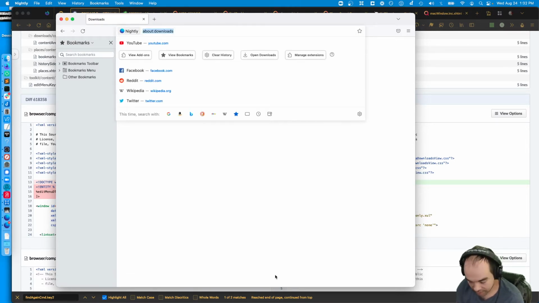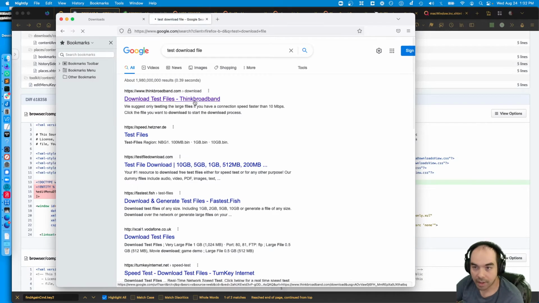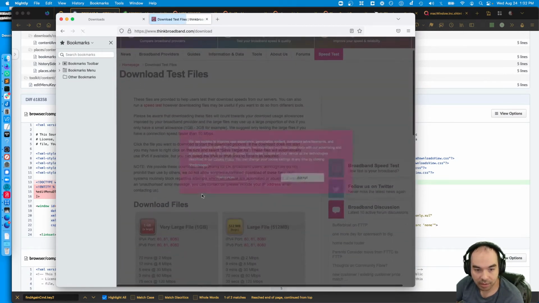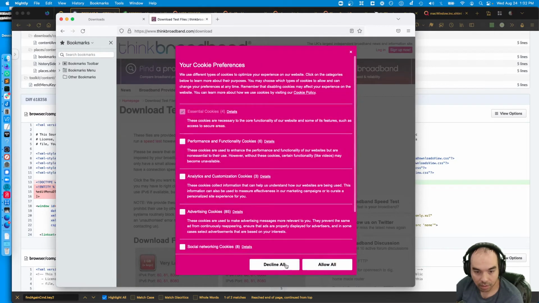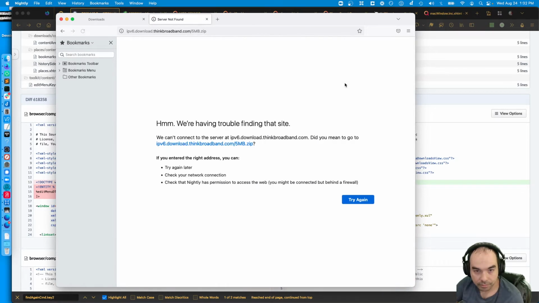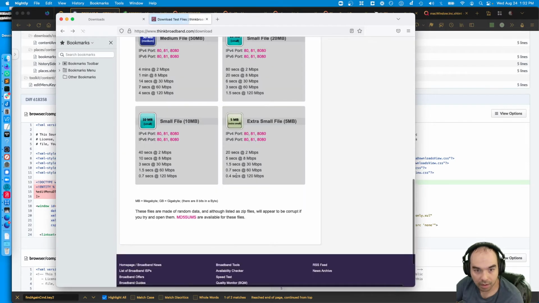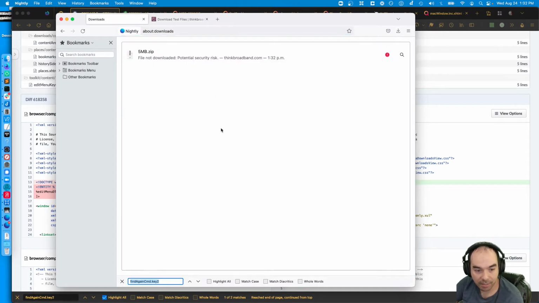So let's create a simple download. I'll go to test download file. Yeah, think broadband. Let's download a small file. Go away. Go away. Decline. Okay, small file. All right. Potential security risk. All right. At the very least, it shows up in here. And then if I hit Command F,